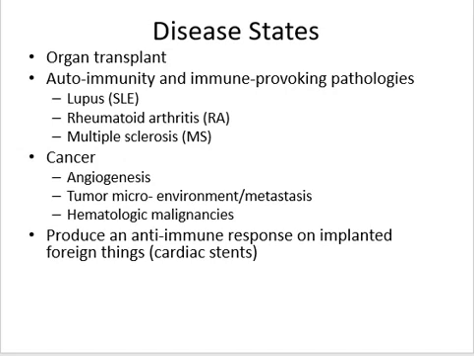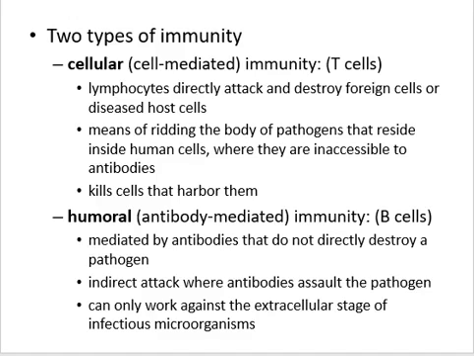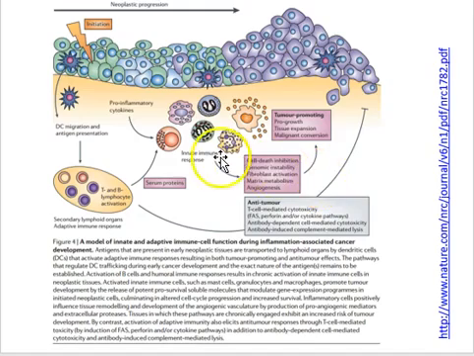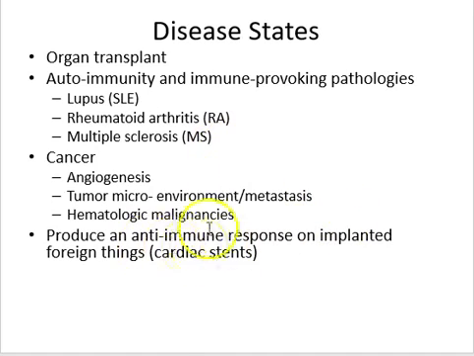Cancer, of course, the process of angiogenesis itself can be molecularly targeted. Looking at drugs that alter the tumor microenvironment, which is really a fancy way of saying the immune reaction that's occurring in some of these early stage tumors. This refers to the tumor microenvironment in the literature. And then some of the hematological malignancies, which have a bona fide cell type that we can molecularly target. Okay,